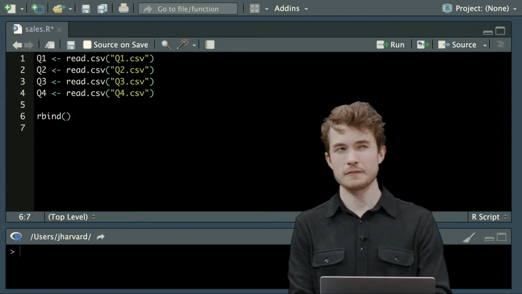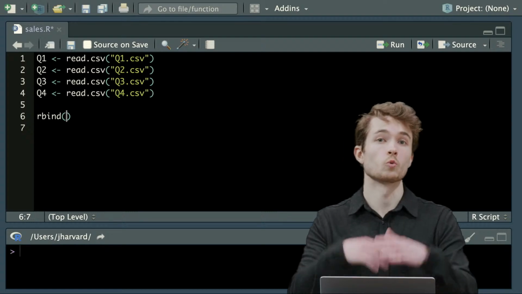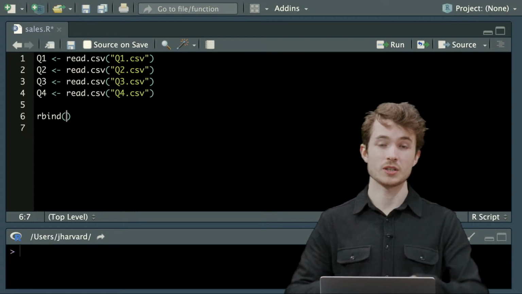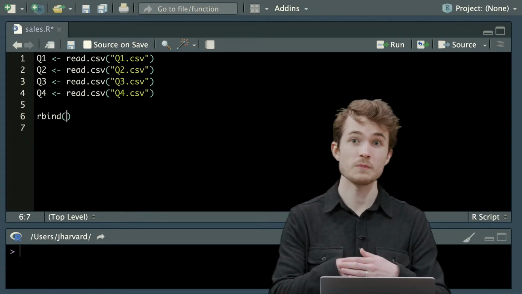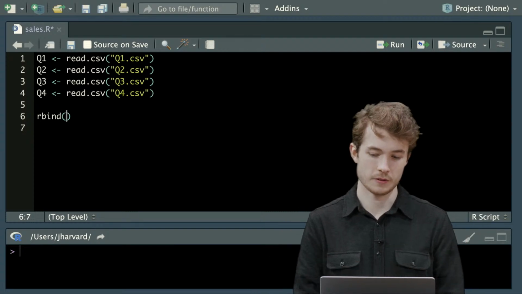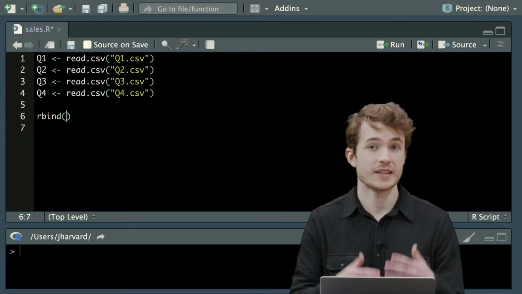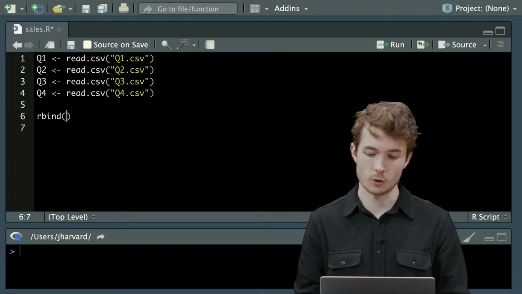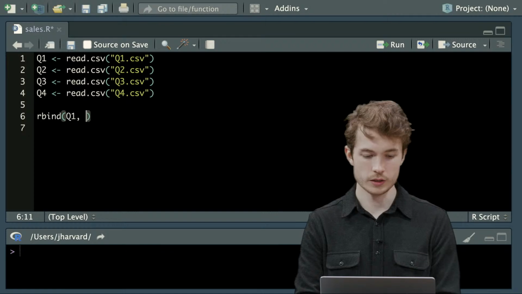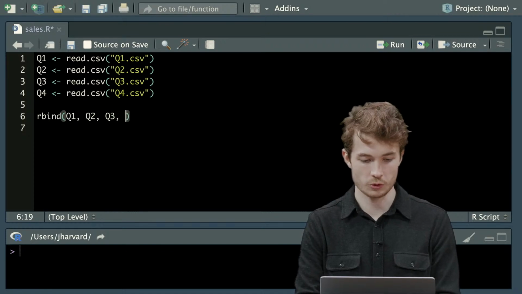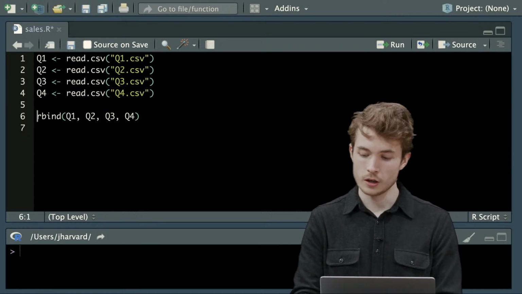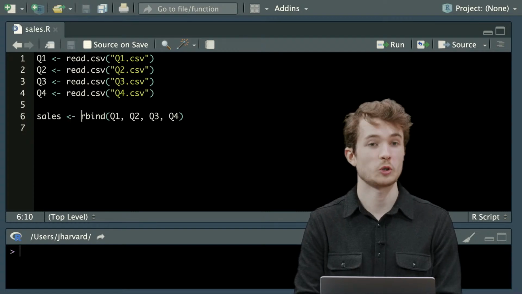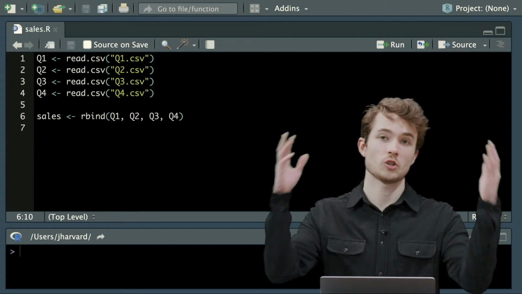It's literally the character R and then bind. And R does not stand for R, the language. It stands for row. Row bind. We're going to bind the rows of these various data frames into one big data frame. So rbind takes as input several data frames to combine via their rows. I could first give it Q1, and then Q2, and Q3, and Q4. And now, I could save this result in terms of its own object called, let's say, just total sales for the year,